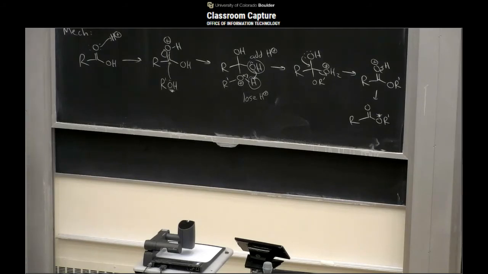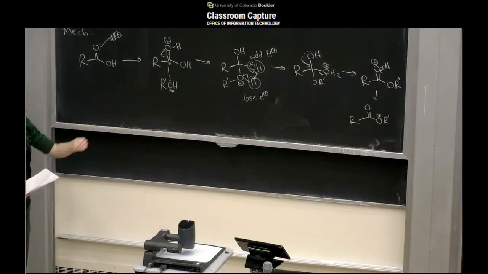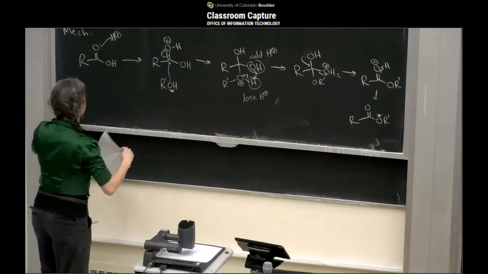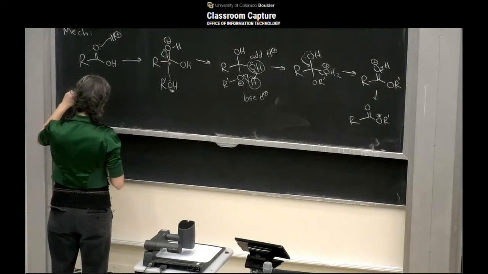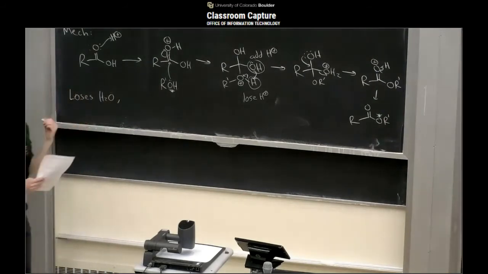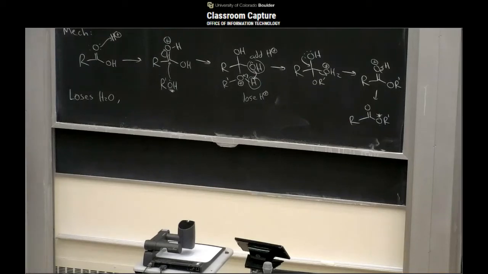Okay, cool. So Fischer esterification is the old school default way of making esters. It's pretty widely applicable. There are some downsides. One is that you're losing a molecule of water as you do this. I don't think I described this in the notes, but just as a heads up here. Like a lot of other reactions we see that kick out a molecule of water, if you have a lot of water around,